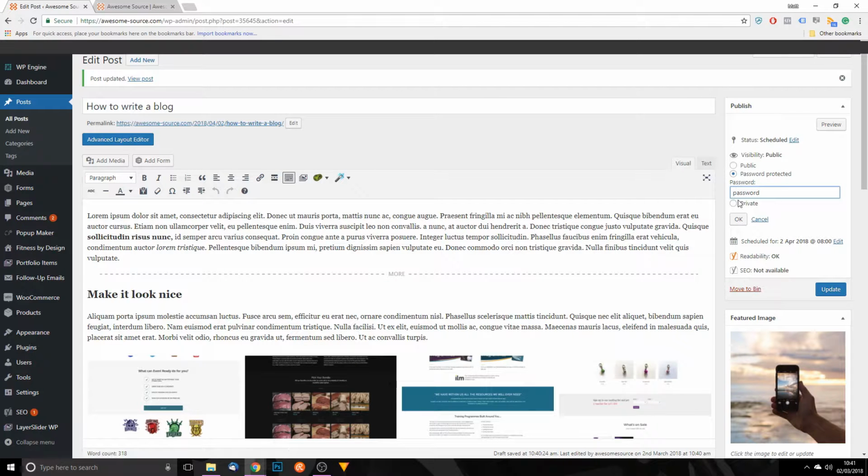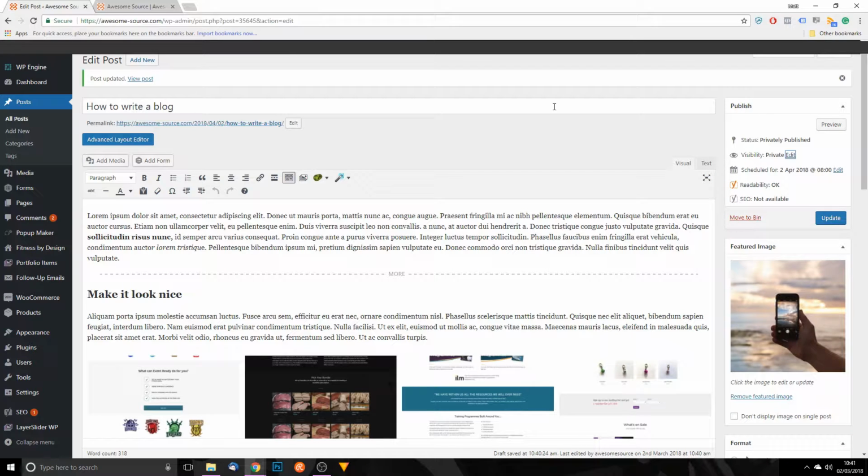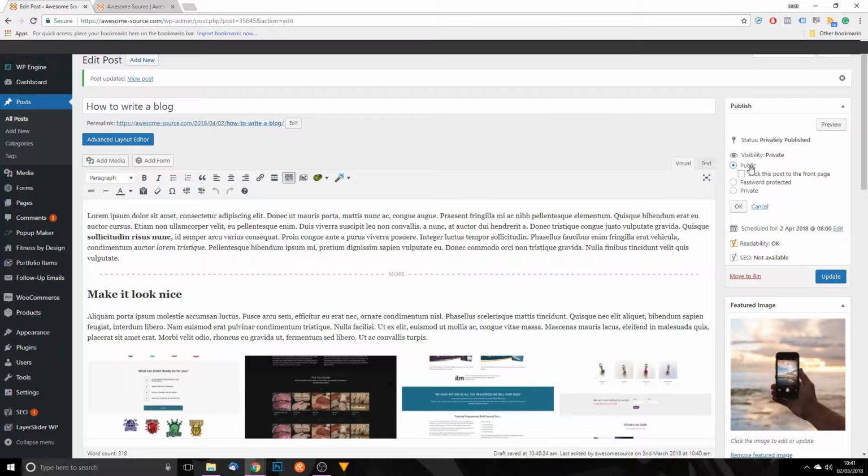option available to you. And private, this will publish the blog within your website, but it will only be visible to sort of members or admin of the website. So a normal visitor would visit the website but they wouldn't see the blog, but if you were logged in as the administrator, you could go to your blog and it would appear for you. It's a bit of an odd use case. You probably won't use it very often, but it's an option that's available to you if you ever find the